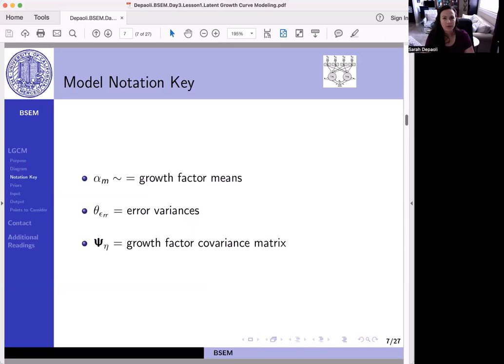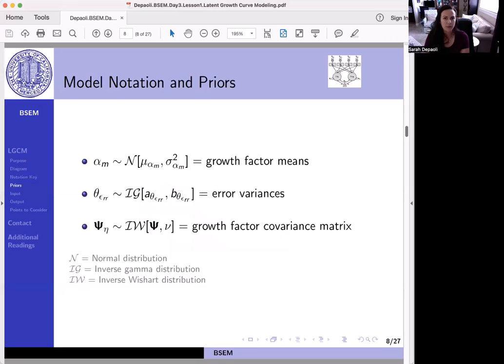Alpha is the growth factor means. Little theta, these are the error variances that are associated with the repeated measures data. And then this big bold psi, that's the matrix, which has the latent factor variances and covariance in it for the intercept and slope. So we have three types of parameters,